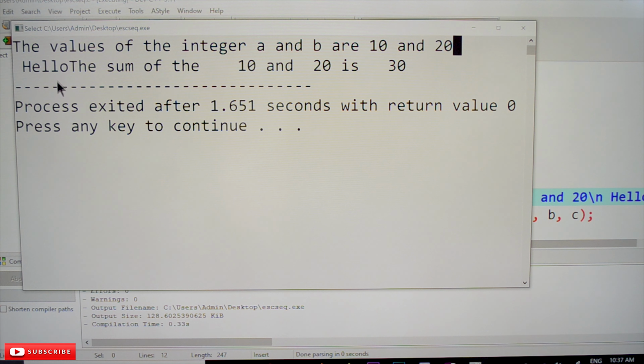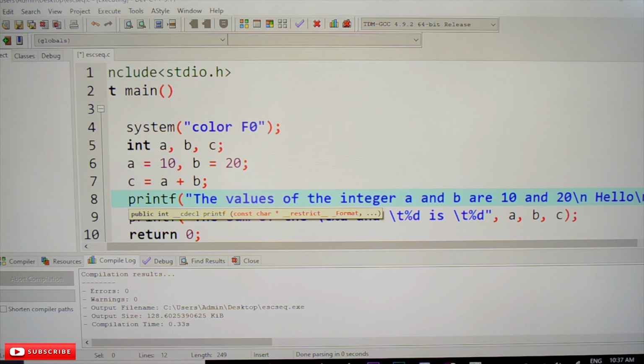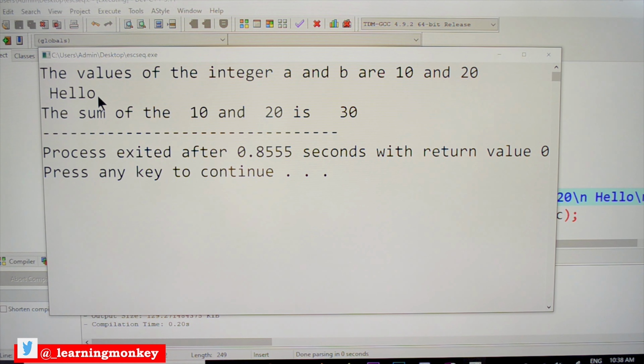After that hello has been printed, and if you look at this as awkward printing, what we have to do is create another backslash n, and with that this hello will be printed in a new line, and after that a new line will get created, and after that this printf statement will get executed. Let's see the output. Compile and run the program. See here, hello, after that a new line has been created, and this printf statement is executing in a new line.